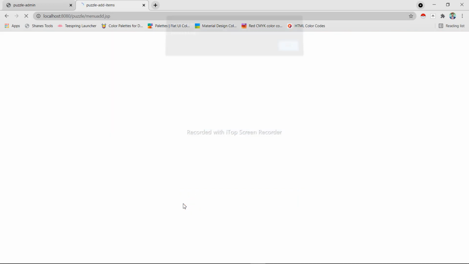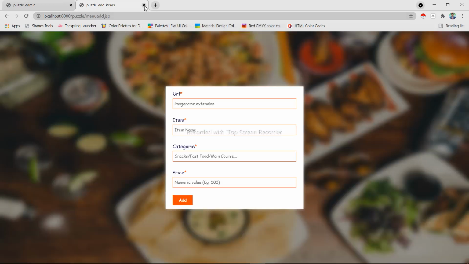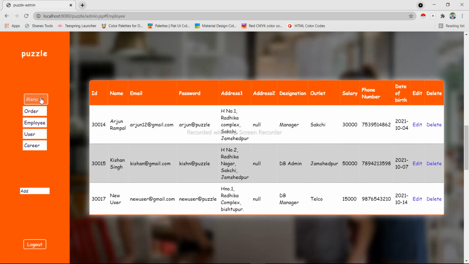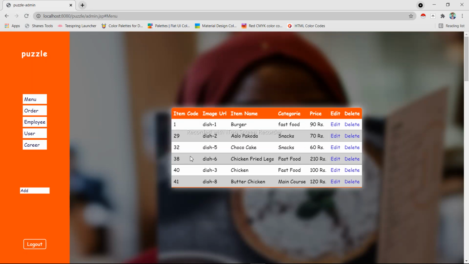So let's add it, and it says record added. Okay, now let's check if the record is added or not. We go on to our menu section, and there are 5 items for now. Let's refresh, and you can see, yeah, the butter chicken is added successfully.